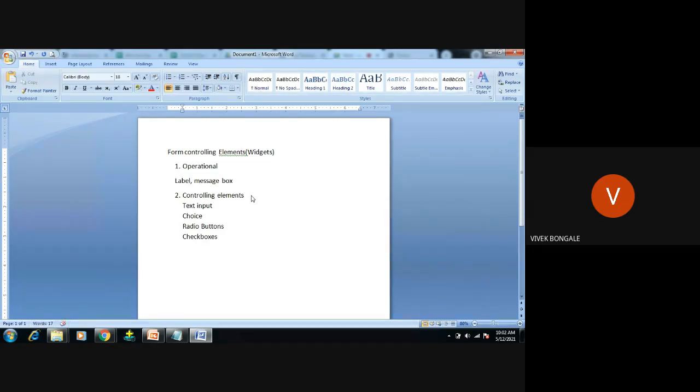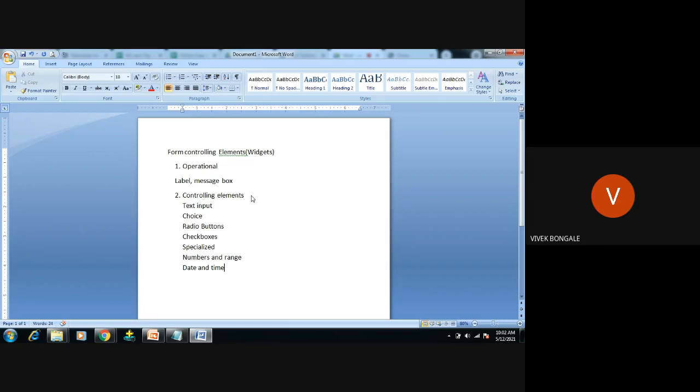Then fifth one is specialized control, if you want to add many more things, like numbers and range, then date and time. These are some of the input controls, nothing but controlling elements. These are some of the controlling elements we will see now.